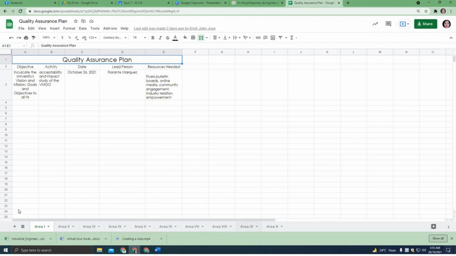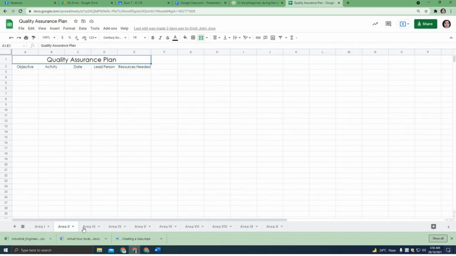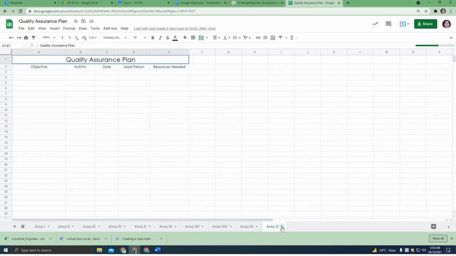So there are 10 areas. I would make a template for area 1, and then I will simply copy it and then rename area 2 until I reach area 10. Let's say there are 11 areas. So what you will do is to simply click the arrow